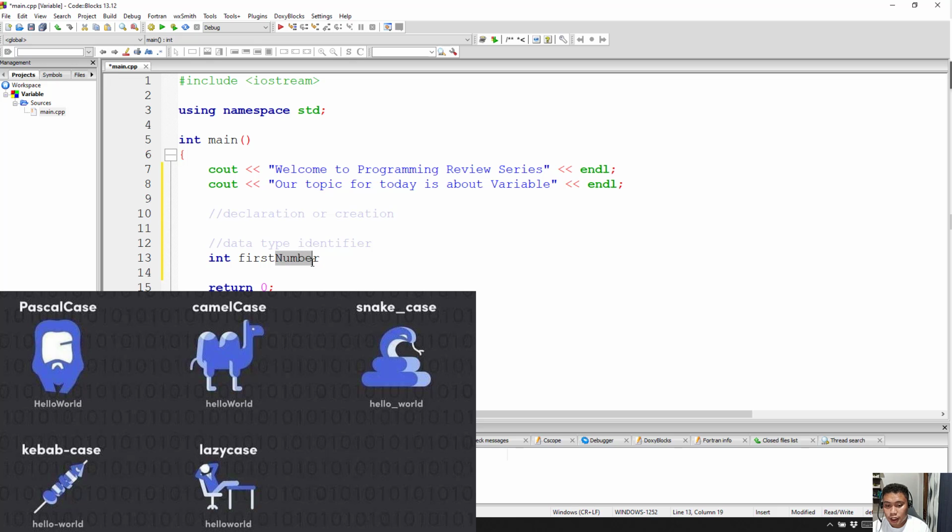The second word should start with a capital letter, so the first letter of the second word should be capitalized. That is called camel casing or camel styling. Then if we also replace the small letter f with a big letter F in our first word,